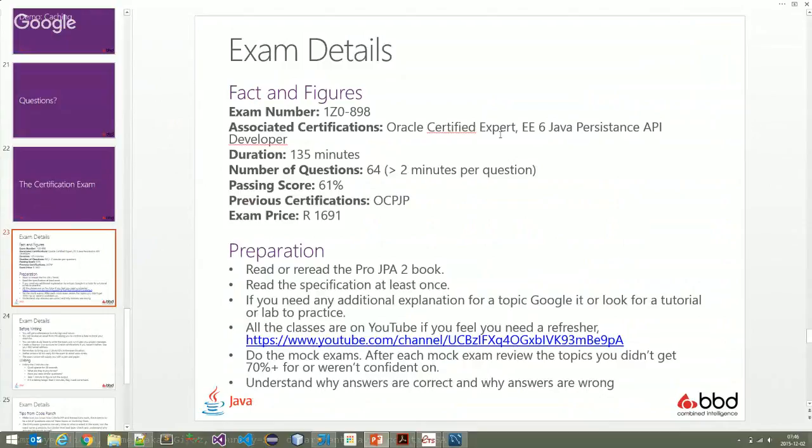Okay. But anyway, so you can still go and write the exam. I think at the moment I saw they've got a 10% discount on it at the moment. So I think you can, if you want to be brave,